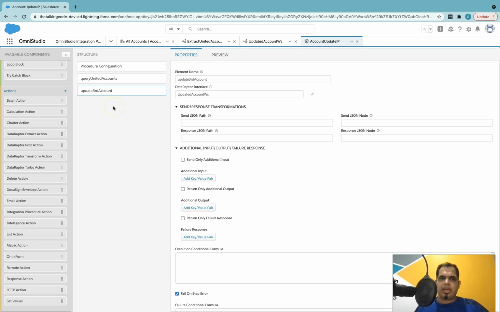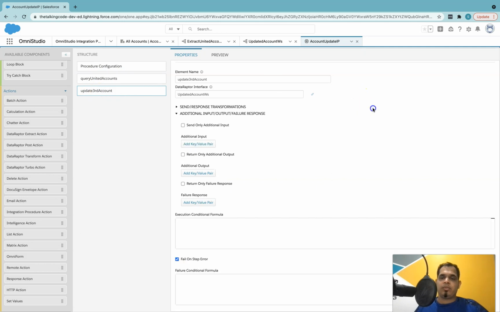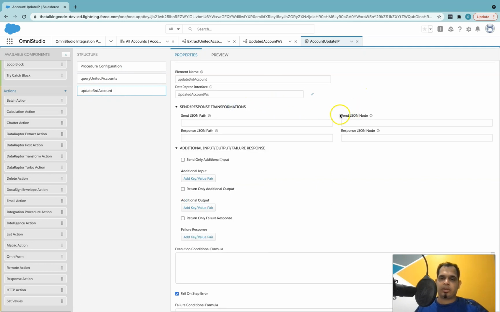Let's say there is a difference between the name of the JSON node that the first data raptor returns and what this second data raptor accepts. Then we can use this send JSON node to rename that node. And the same, if you want to rename the node in the output, then you can use this. We'll be covering this maybe in later videos with some good examples.